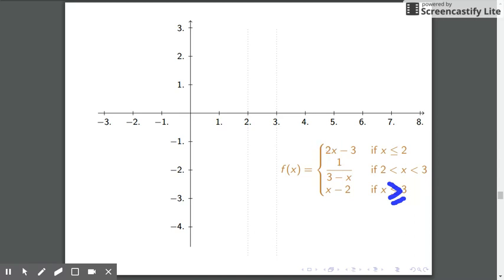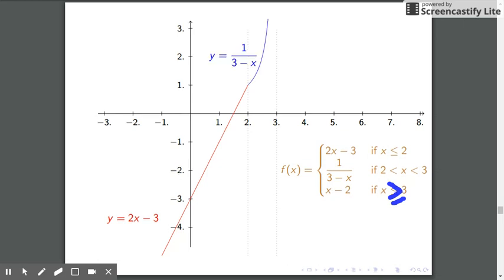Now, graph each piece in the correct strip of the plane. This one goes here, this one goes in the middle right here, and this one goes right here. So that's the first one, y equal to 2x minus 3, and that's the second one,